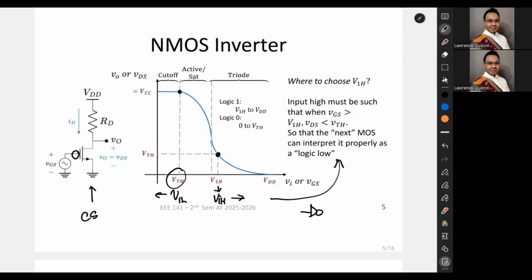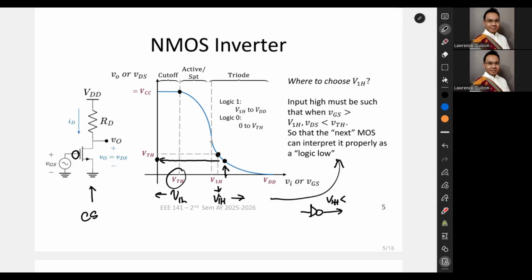The input high must be such that when VGS is greater than this VIH, the VDS is less than VTH. Why do we want to do that? It's so that if the input is above VIH, it corresponds to an output that is below VTH. And that's important so that when we feed the output to the next MOS, we have a VIH,